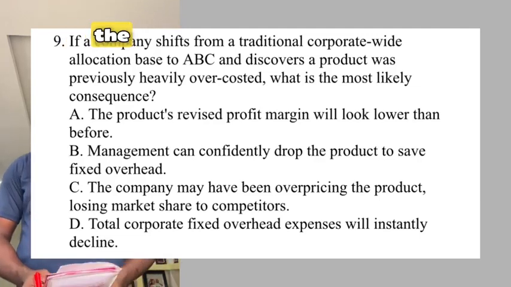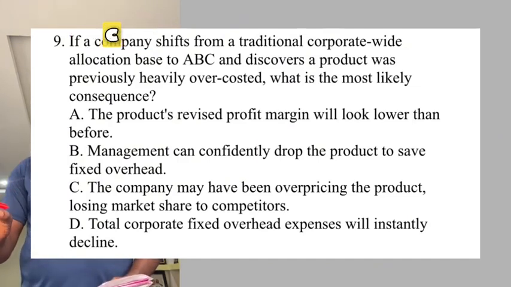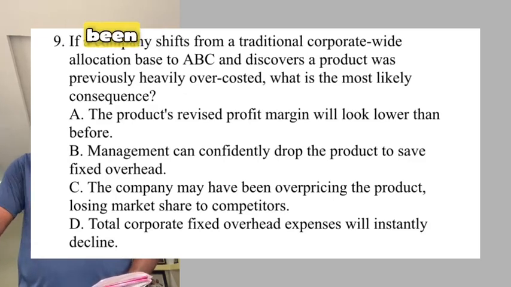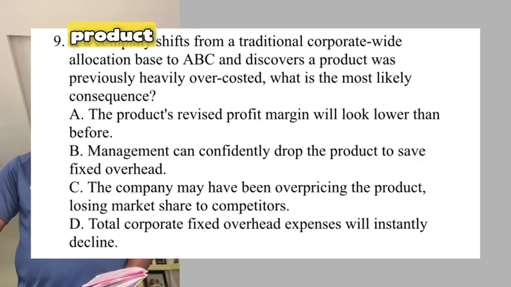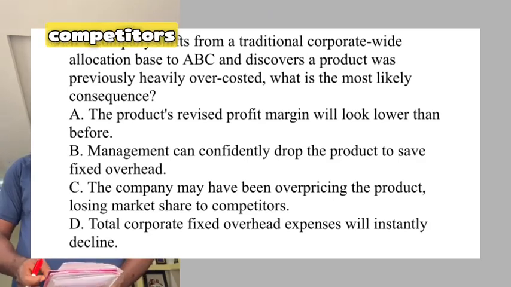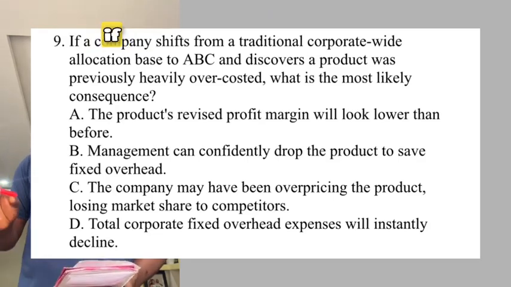Now, the answer is C. And this is what it means. C says the company may have been overpricing the product, losing market share to competitors. Yes. So if you were using